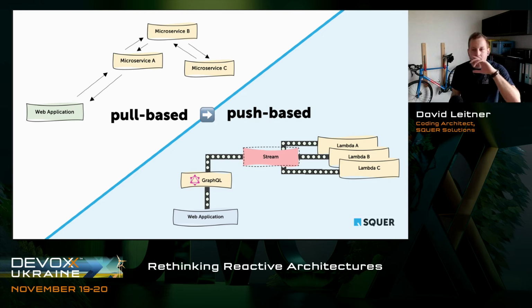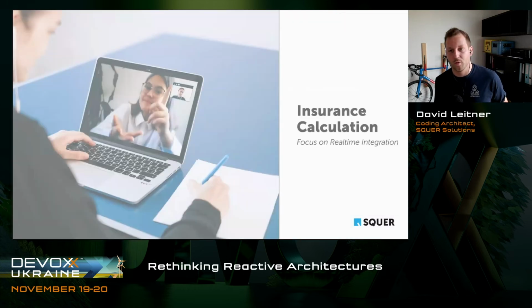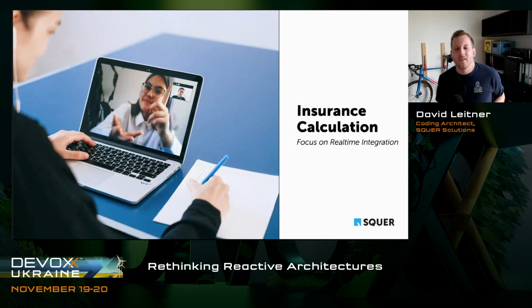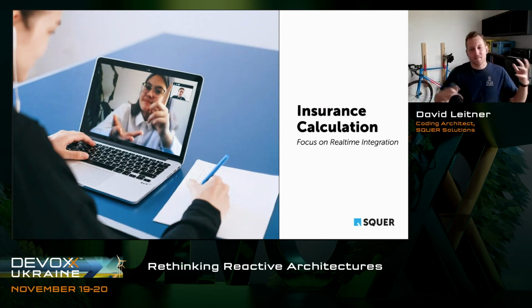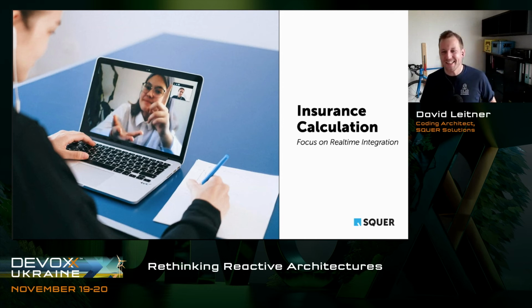And in the last few minutes, I would like to show you a few examples from our daily business to give you a little bit of understanding where we use these architectures and why we are usually so successful with them, and why our customers are also very happy with our work there. And for example, one example is insurance calculation, right? Back when the pandemic started, especially insurance companies had a big issue because it's a very personal business, right? Usually your insurance agent knows you and he talks to you and says, hey, cool, I hear you have a new car. You also need insurance for this.